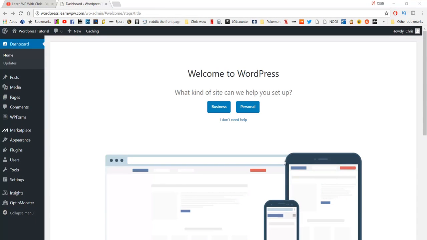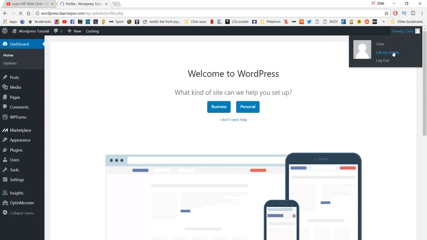Right then, so once we're logged in to our WordPress dashboard, you'll see this menu on the left here. But the first thing that we're going to do is actually change our password, because we did get that random string, and I'm sure you'd rather have a much safer password. So if you just go to the top right and hit Edit My Profile,